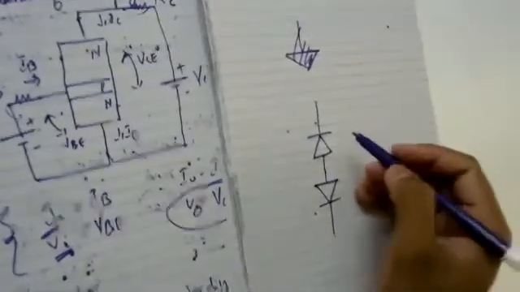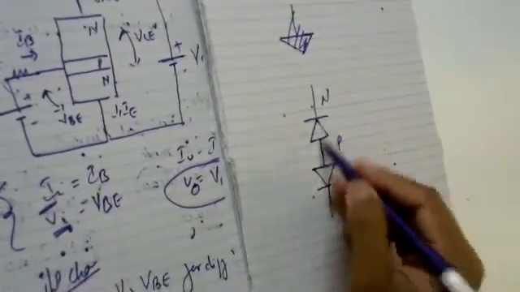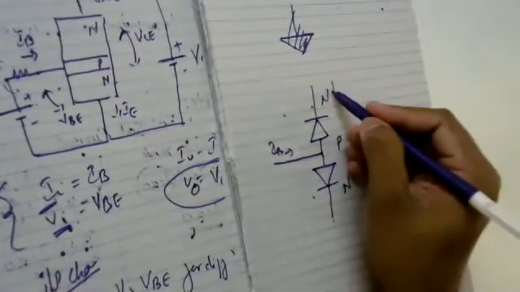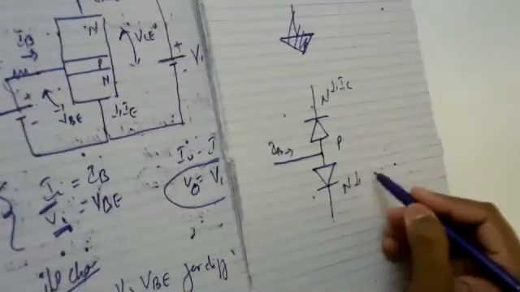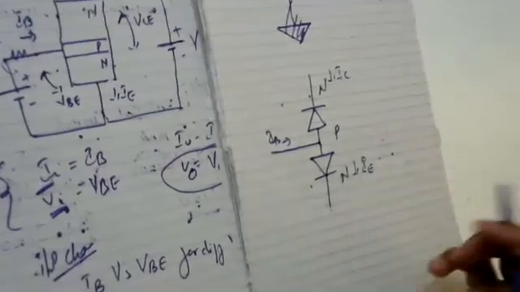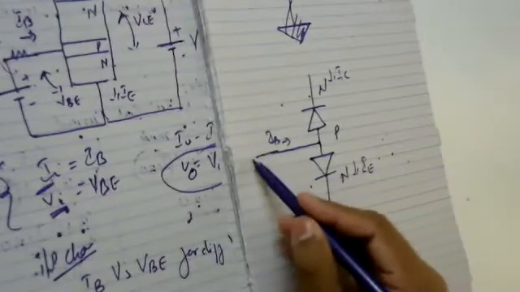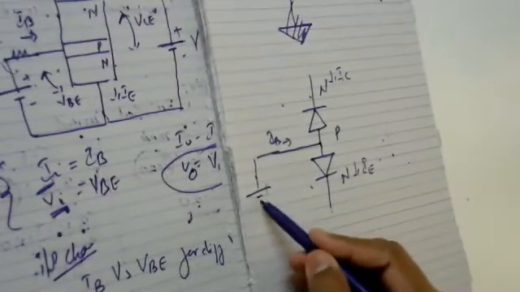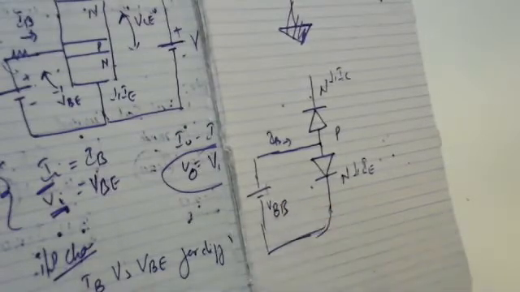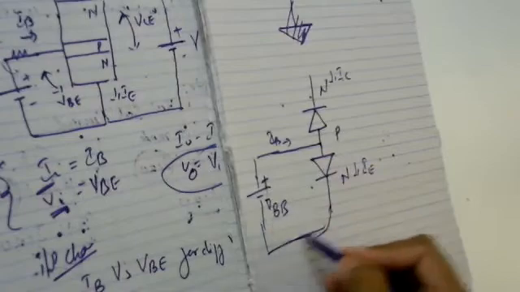So this is an NPN transistor, represented with the help of the two-diode model. This is your base current IB, this is your IC, and this is your IE. In order to get your input characteristics, what are you going to do? You have connected one source here, which you call VBB, with positive connected to positive and negative connected to negative.